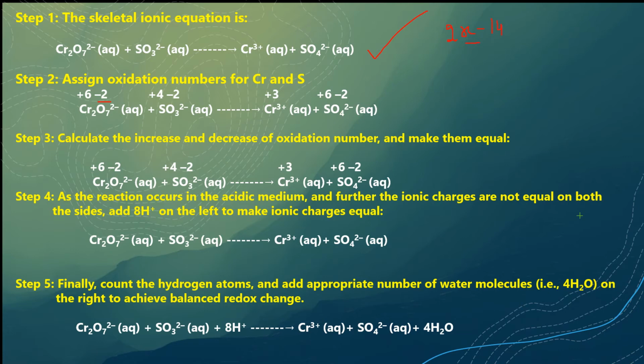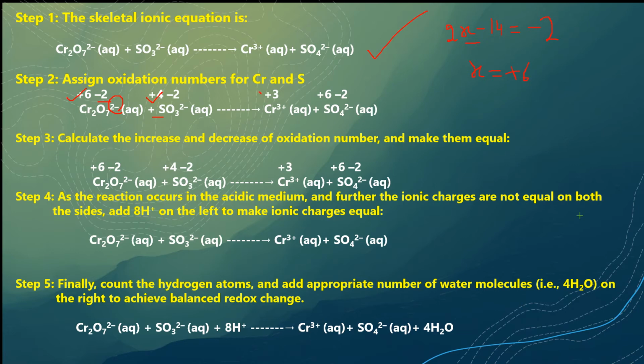And according to the rules, for ions, whatever charge is there on the ion, here I can see there is a 2 negative charge on dichromate. So I will write this is equal to -2. When I solve it, x will come out to be +6. So this is the oxidation state of chromium. So you will write it here. And then SO3 2 negative, same way, take sulfur as x and x - 6 equal to -2. You will get +4 for sulfur.